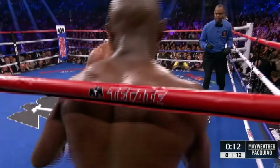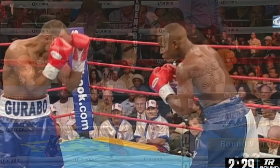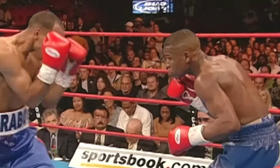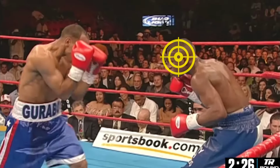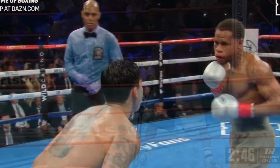Here he's almost like he's inviting Trout to take some shots at him, looking to counter him. Think of Mayweather's pole counter. He tilts his head forward, giving the opponent a target way up front, and giving himself extra room to pull back. Since the punch is aimed further up, where his head is presented, Floyd won't have to pull back nearly as far as he would if he started in a more traditional position, so he can stay balanced and counter